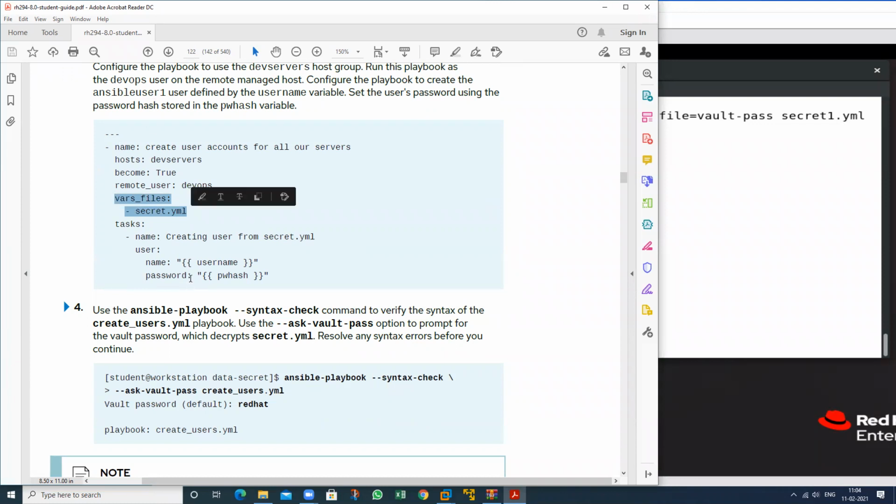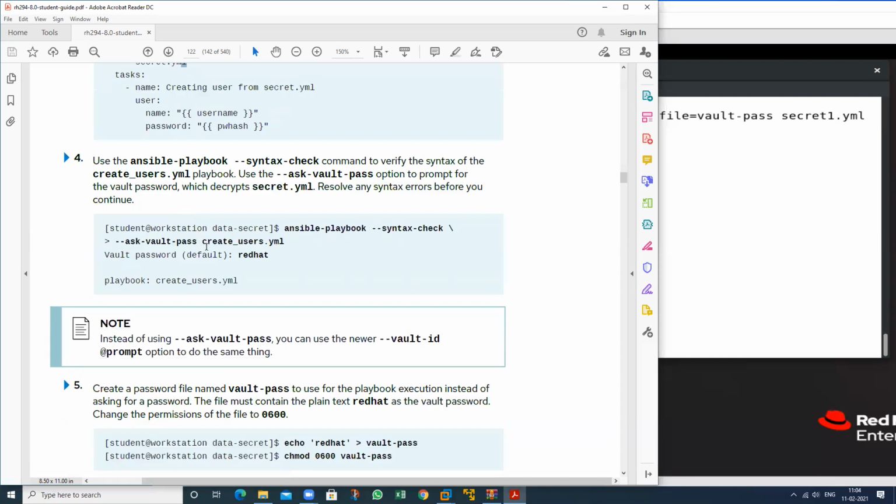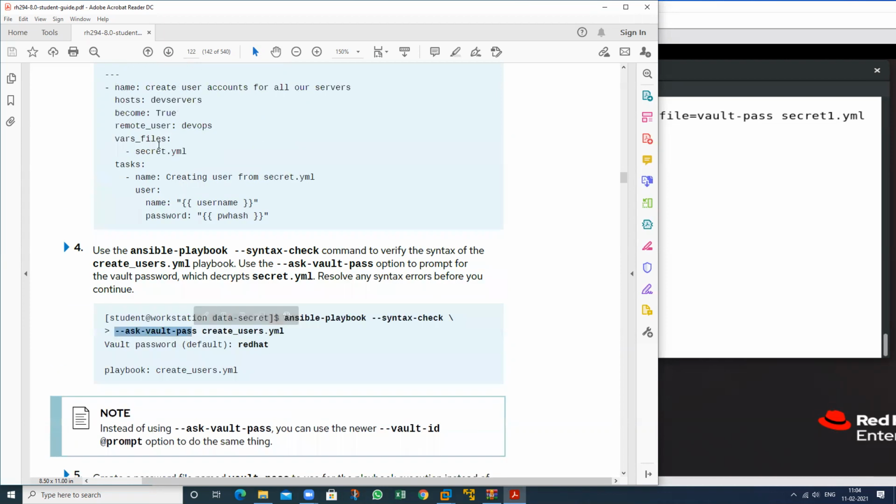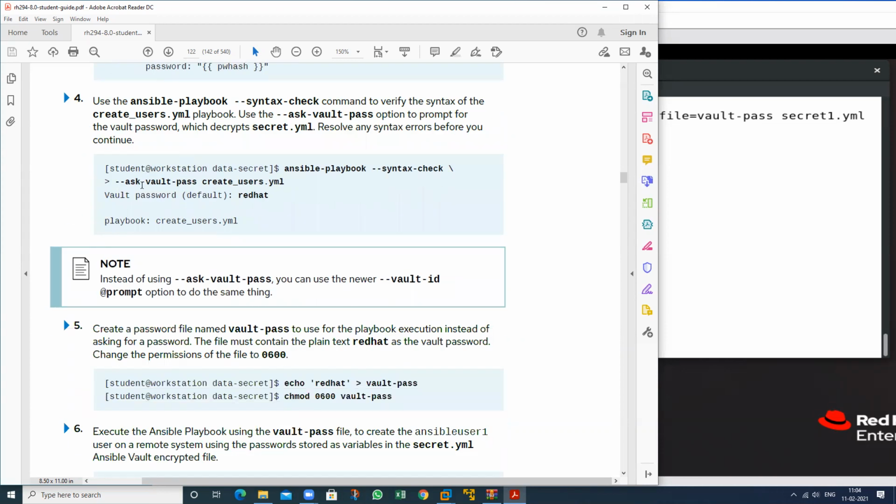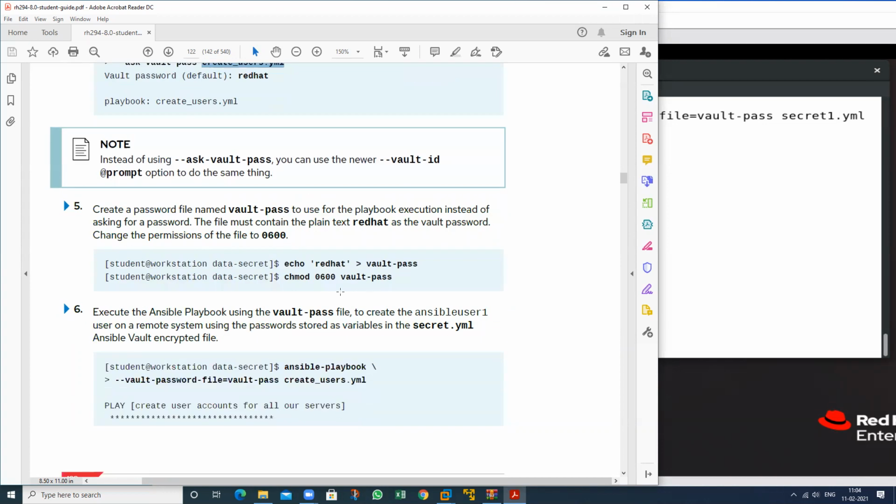So this is my playbook. So here we have no password. The password is saved in which file? This particular file. And this file is encrypted. Suppose I want to run this particular playbook, then which one is required? Password for which file? This particular file. If I am not having the password, the playbook cannot be run. That I will show you.